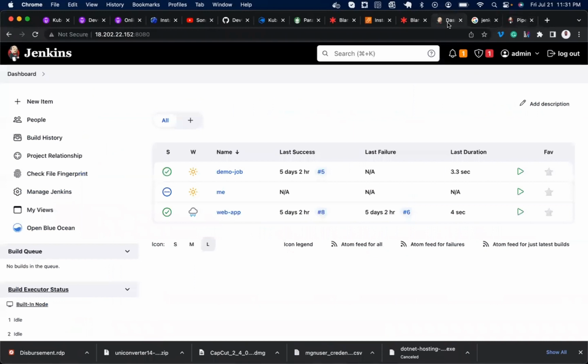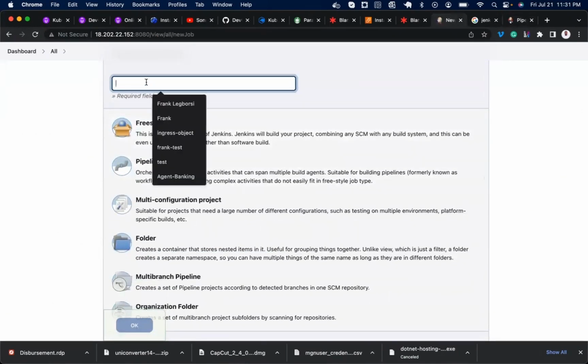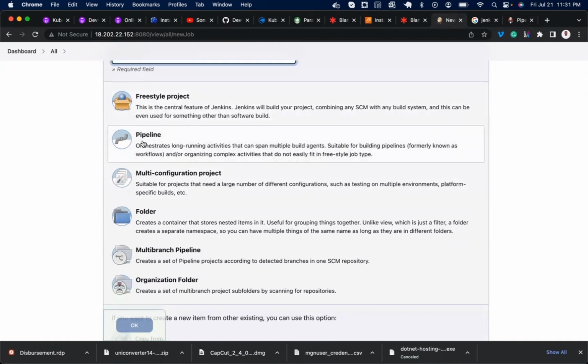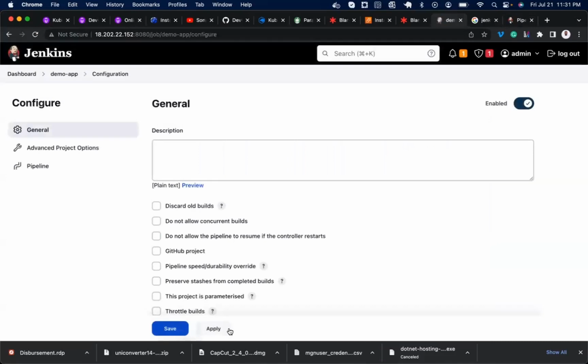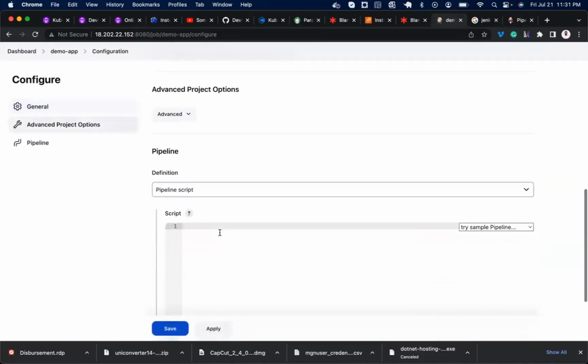See guys, I'm on Jenkins now, right? If I click on new item, I'll give it a name. Let's call it demo app. All right. Then I click on what? Pipeline. All right. Because I want to build a pipeline. I'll click pipeline. I'll say okay. So the moment I say okay, all right, now